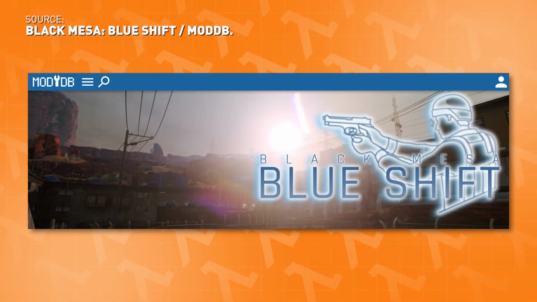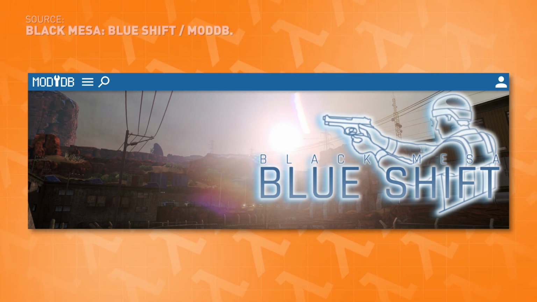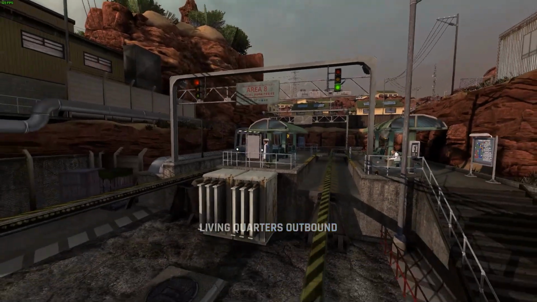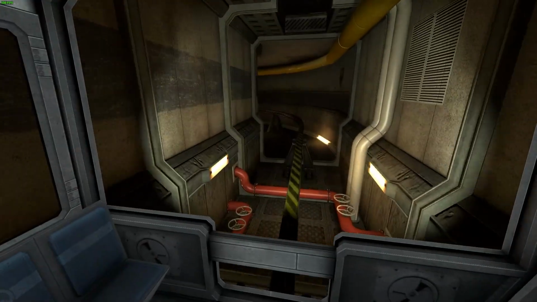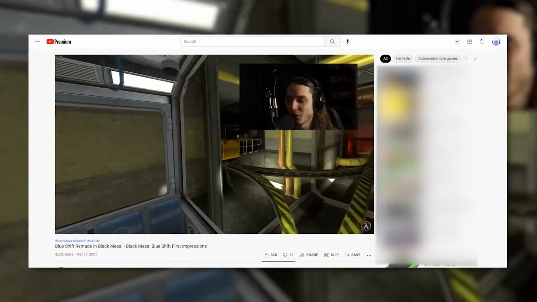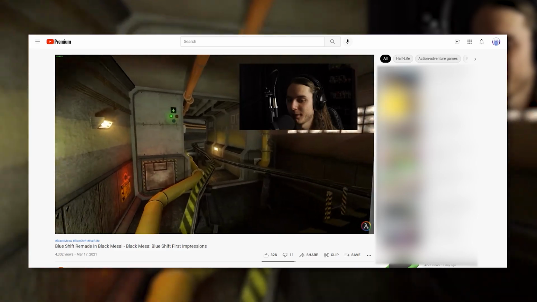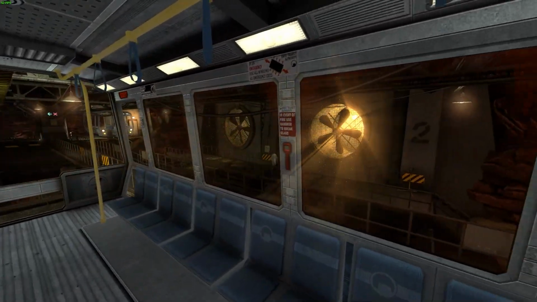Another thing they do sometimes is promote a little project called Black Mesa Blue Shift, a mod for Black Mesa that aims to remake Half-Life Blue Shift on the Black Mesa branch of the Source engine with all of the features and conveniences that come with it. Now, I have covered this mod on the channel before. I even made a first impressions video that you can watch right now to see me play through the first chapter in real time, and I was quite impressed with what I saw at the time, even though the performance